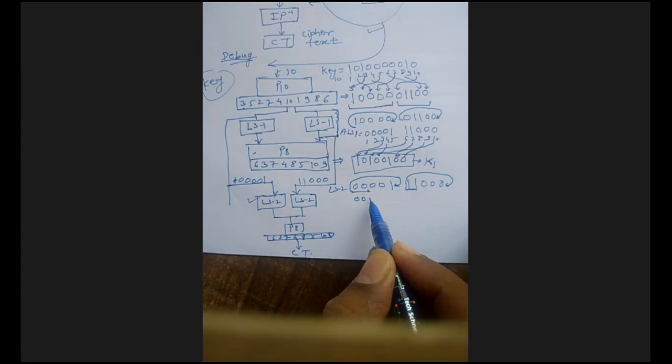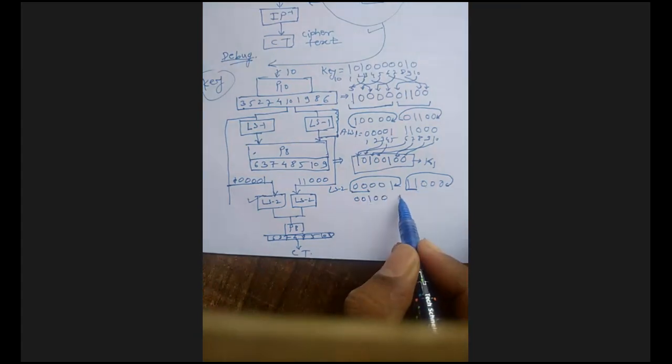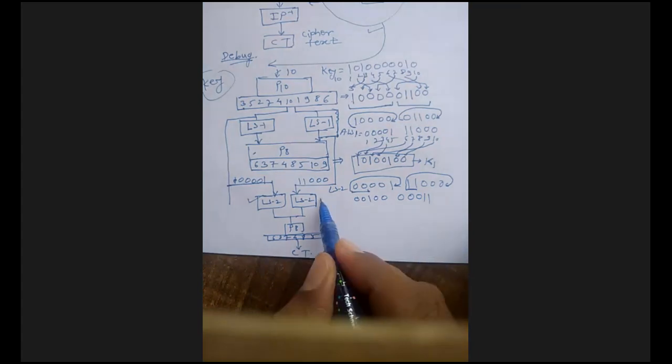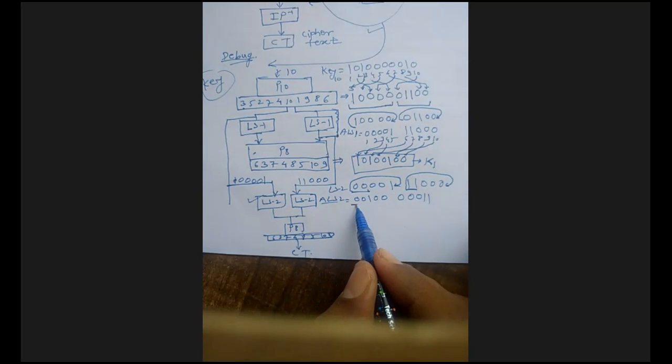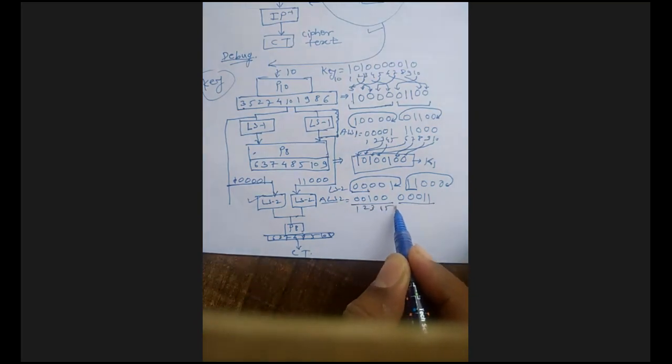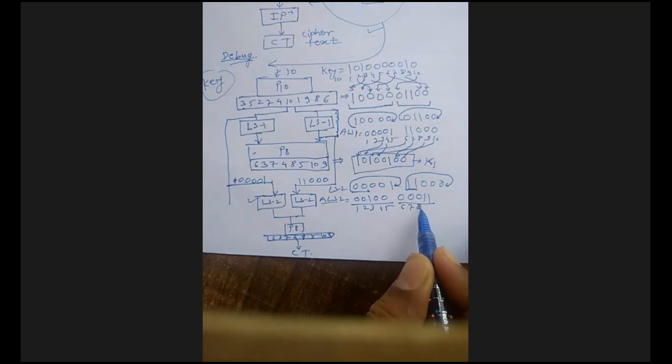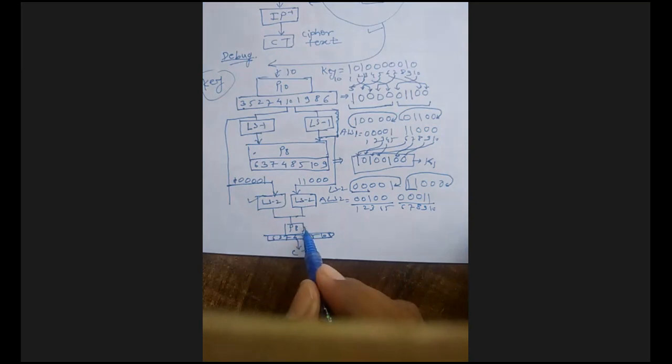See, these numbers become 00100 and this 00011. Understood? This is after LS2. Okay, this is what you have got after LS2. Now, these are the numbers you have got, so you have to put the numbering. Suppose 1, 2, 3, 4, 5, 6, 7, 8, 9, and 10. Once you apply these numbers over here, what it says is that you have to apply the P8.